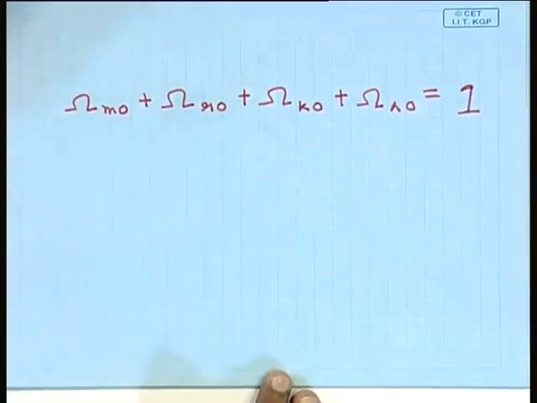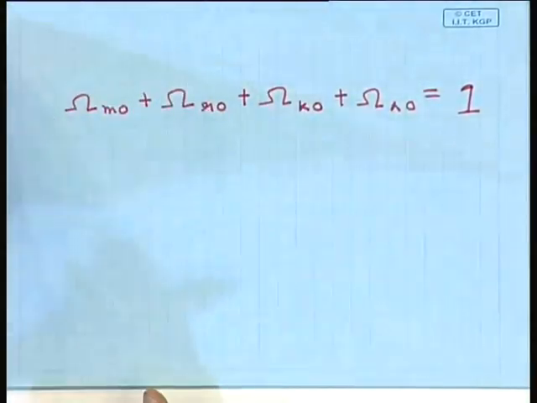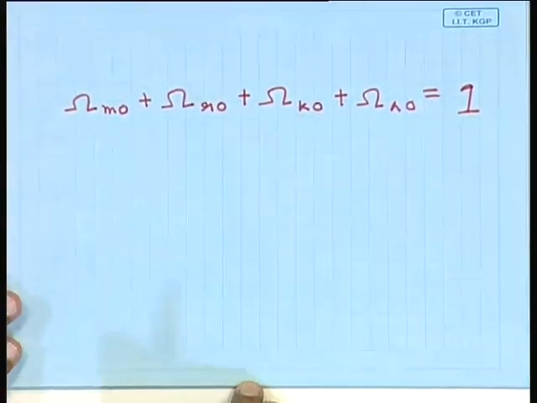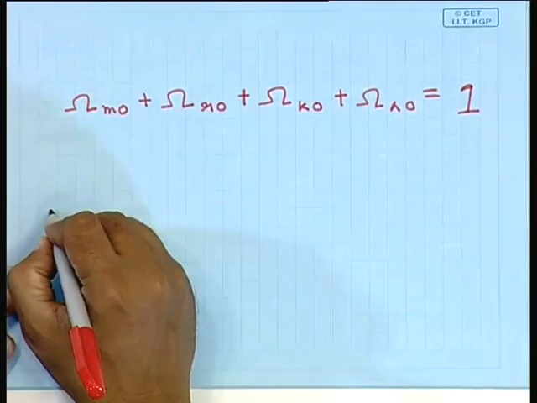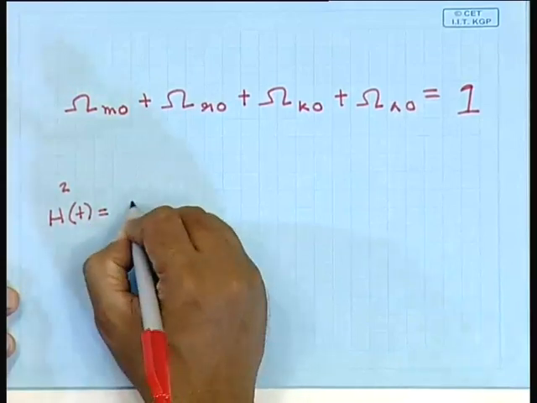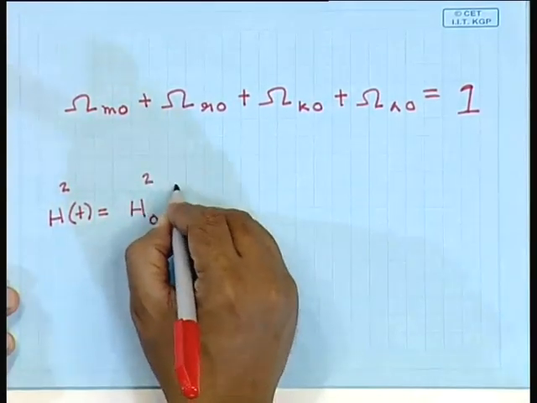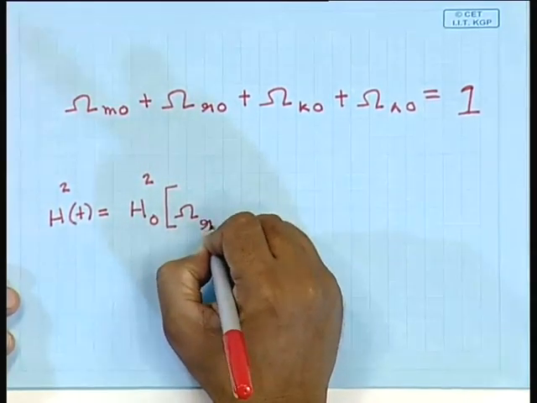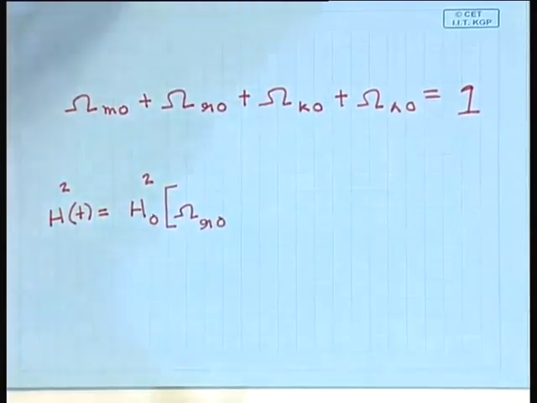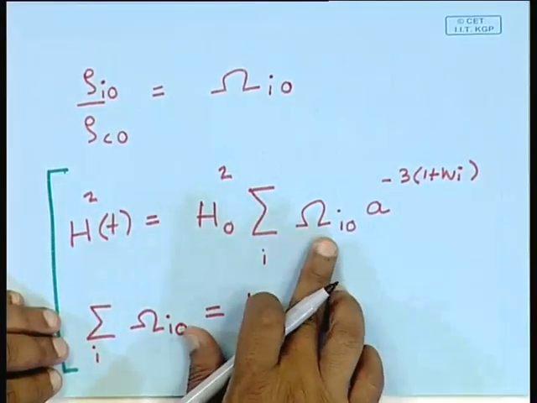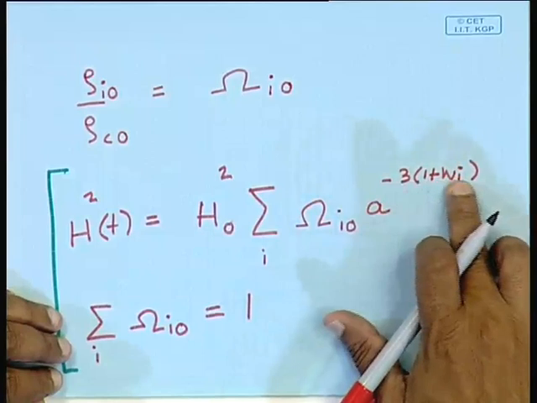So, we would now like to write down the equation governing the expansion history of the universe in a model where we have all 4 of these. So, let us do that. So, the equation is H squared of t. So, this is the equation that I am writing down, and for each component this exponent is going to be